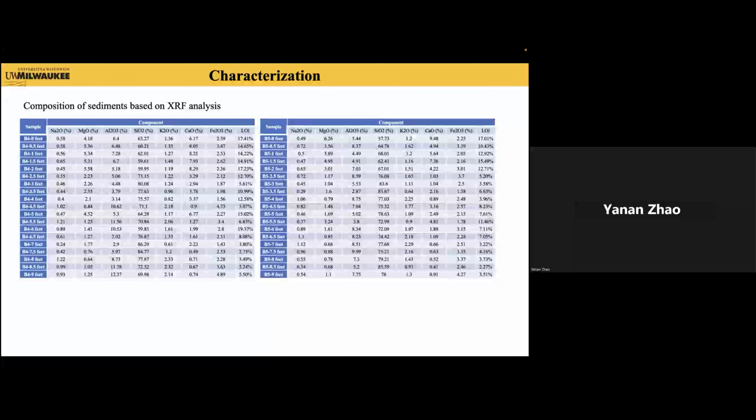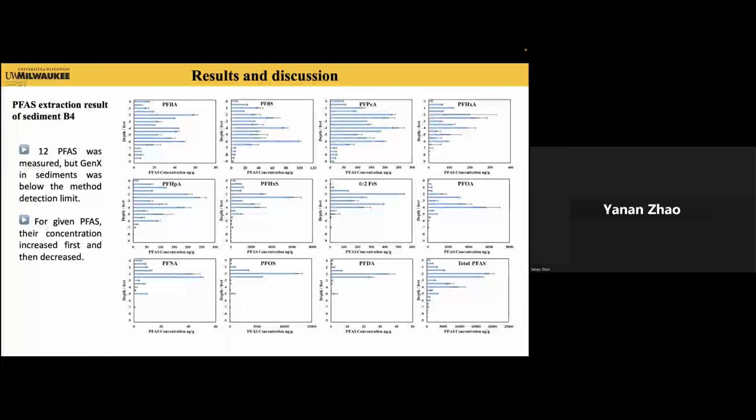From the XRF result, we can also say the result makes sense with the XRD and FTIR results. Dolomite and quartz are the two main minerals in the sediments we used here. Well, in this study, when we try to extract PFAS,